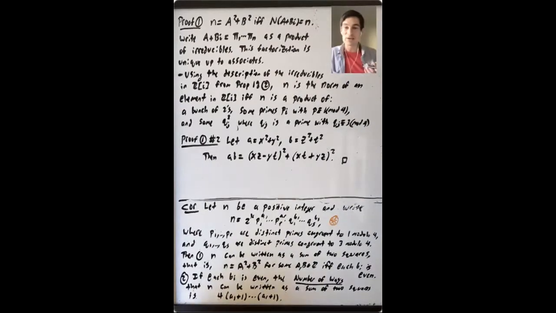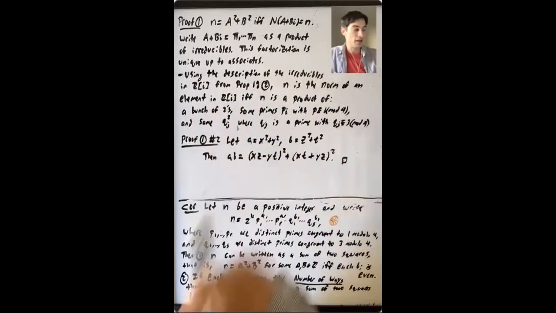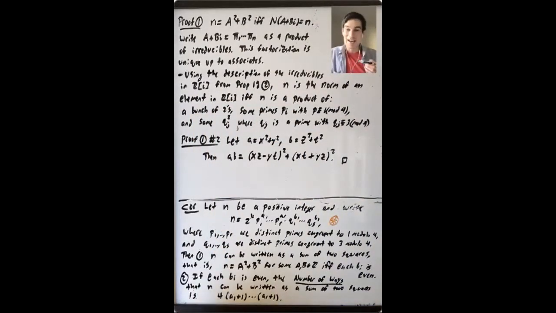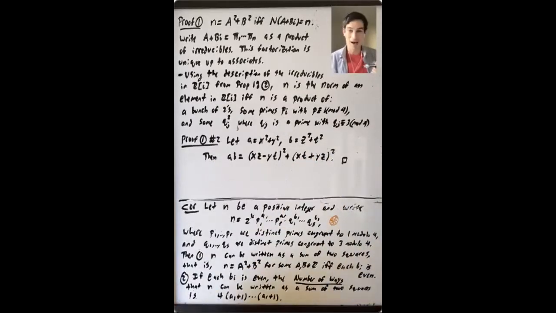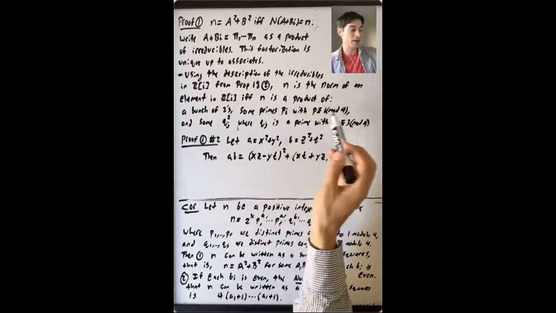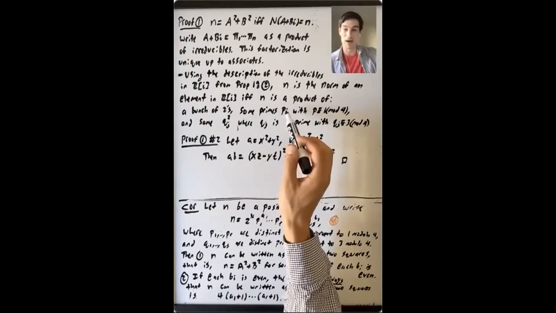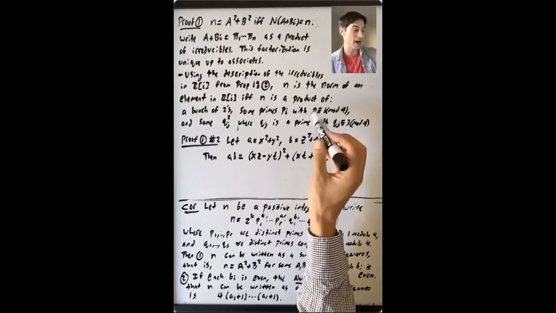So we use this description and see that n can only be the norm of an element in Z adjoin i if and only if n is a product of a bunch of 2's, because we do have an irreducible element of norm 2, a bunch of primes p_i